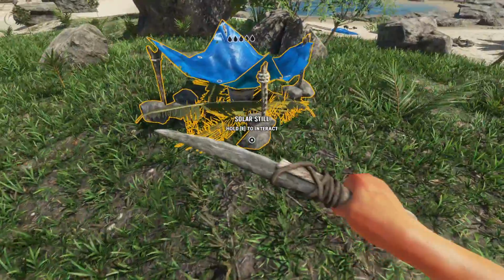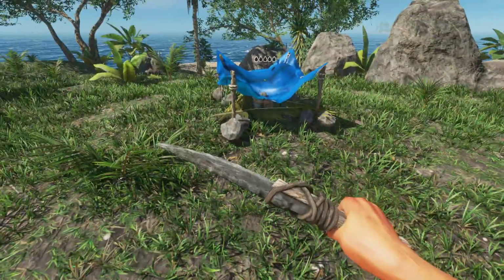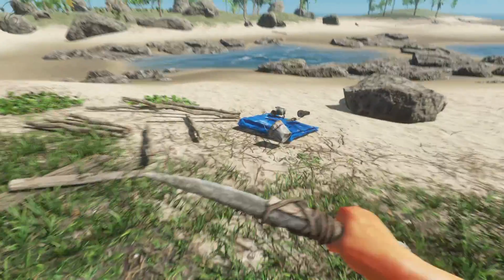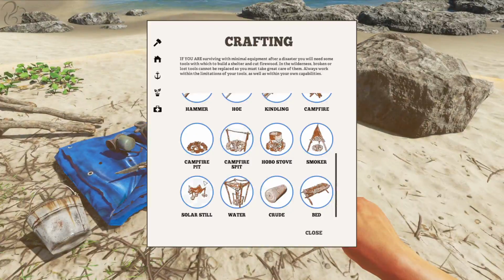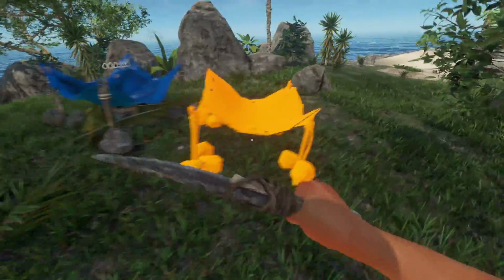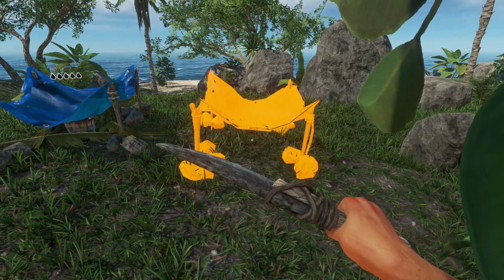I don't think it really matters where you build it, but you notice you need a bucket, so that's going to consume one of our buckets here. There you go. There's a bucket there, and it's consumed a tarp as well. So one of our tarps has gone, and one of our buckets has gone, you see? If we want to build another one, we can do that, and I think I might just do that. So we're going to use both of our buckets, like this, and that's going to...